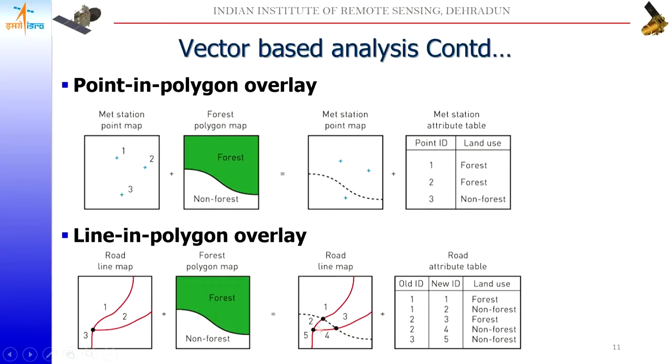Similarly, if you look at this segment 2, which is again created because this segment of the forest was intersecting with this line segment, this segment 2 is now outside the forest, and so on for the subsequent roads. So using these kinds of spatial relationship operations by doing an overlay, we can find out information which was earlier lacking and come up with new information.